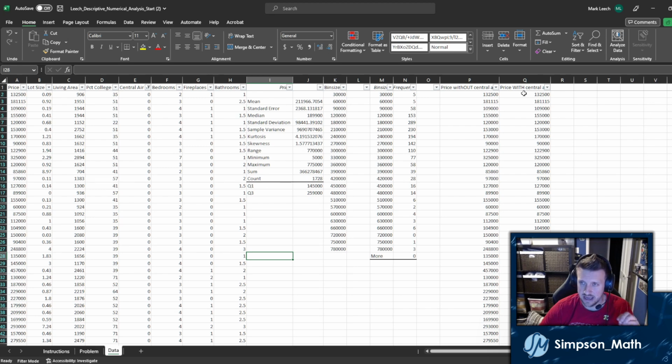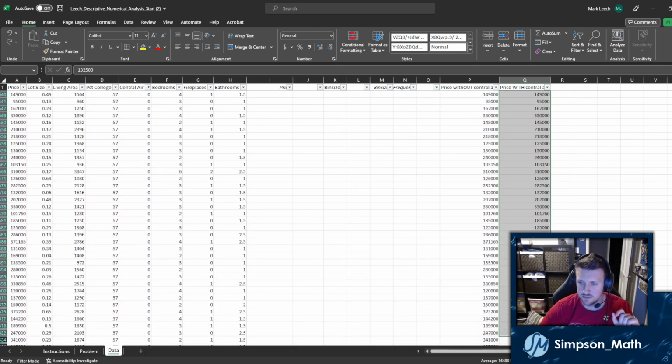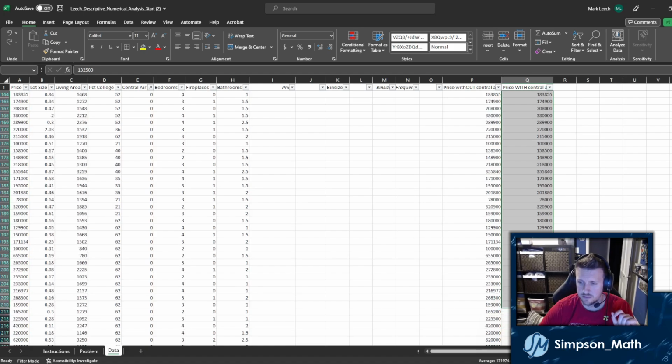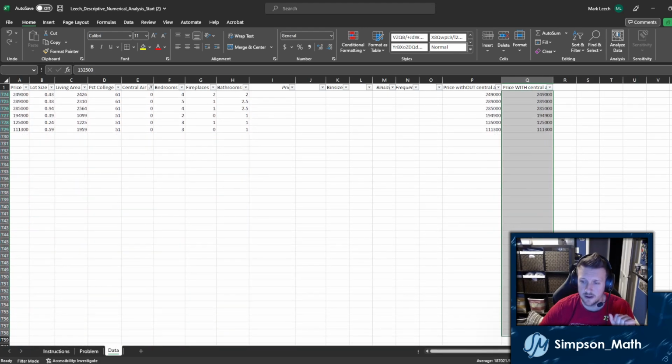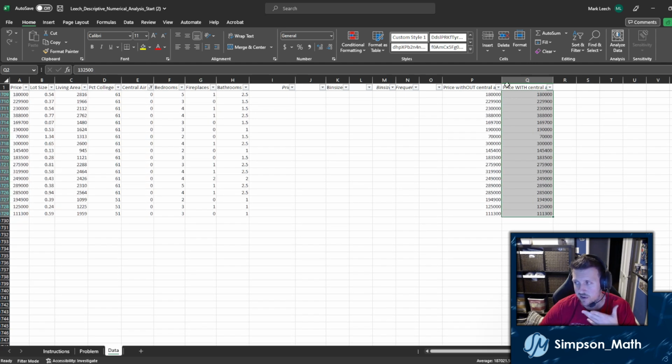So if I get rid of everything in Q, all the way down, oh wow, this is really long. There we go. Okay, and I had to do it that way because I didn't want to delete price with central air. So I highlighted everything but the top row and pressed